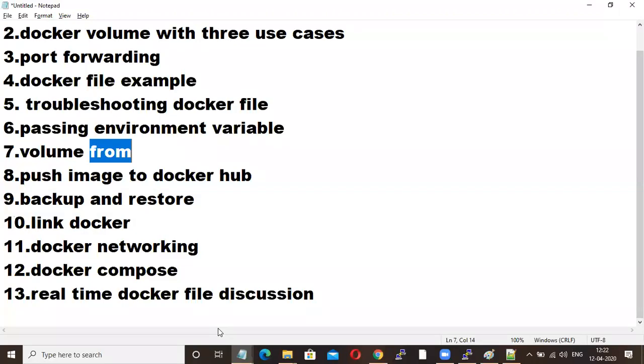If you want two containers to communicate with each other, then you use link. Suppose one web server needs to talk with an app server, you need link. If an application needs to talk with your database, you need link, right? If I need to talk with you, you need Zoom. Same. If I don't want to talk with you, I'll be standalone and you will be standalone. That's it.